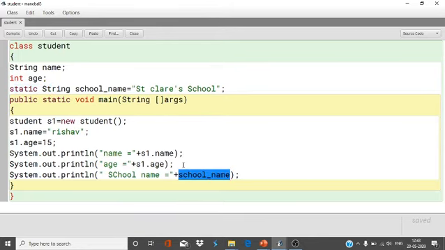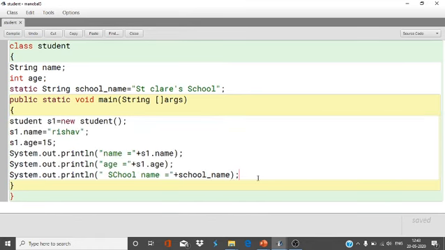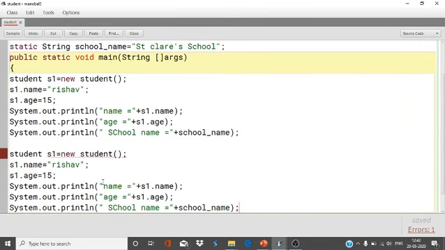Now suppose I need one more student, the second student. I'm going to create an object for student 2, s2, and write s2 equals new Student, name of s2, age of s2.